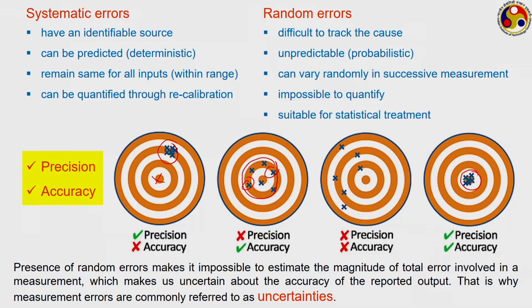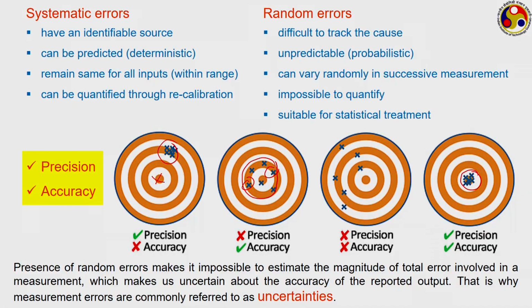Now, the total error that we get from any kind of measurement is a combination of these two. While for the systematic part we can get some idea, it is not possible to get any idea about the random one, which makes us very much uncertain about the final value that we have got. Unless we have done a large number of trials, we do not know whether our measurement is precise or accurate, or neither, or both. And this allows us to define a new term which is called uncertainty, and this is the term which is more popularly used